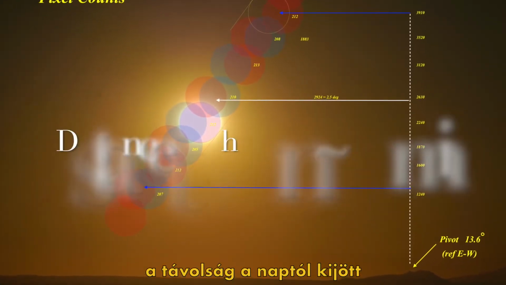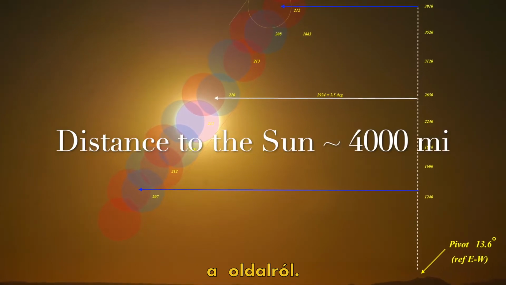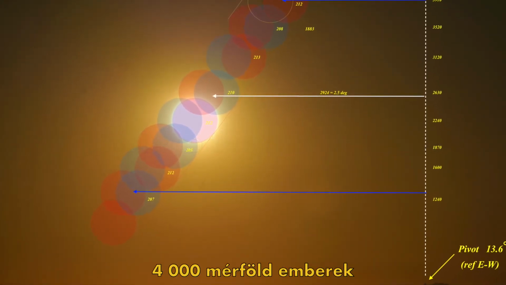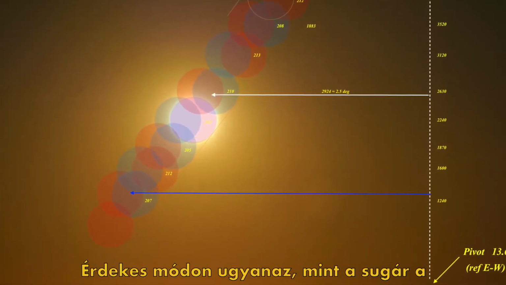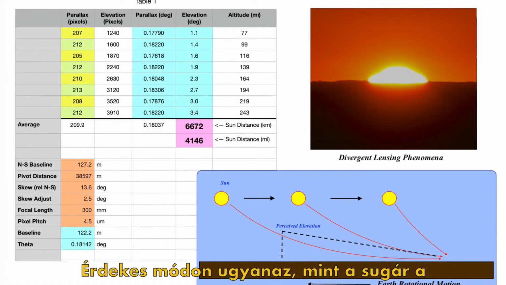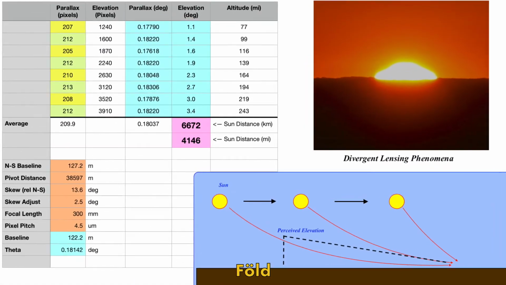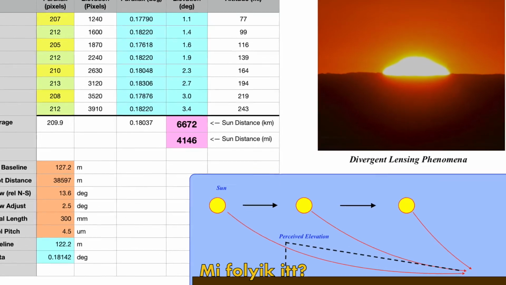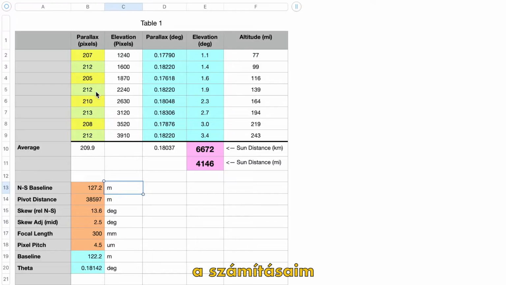The distance to the sun came out to about 4,000 miles, folks. Curiously, same as the radius of the Earth. What is going on? As I pondered the mystery, I double-checked my calculations, and that's when I realized how everything had conspired together for